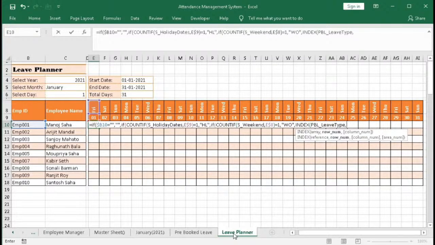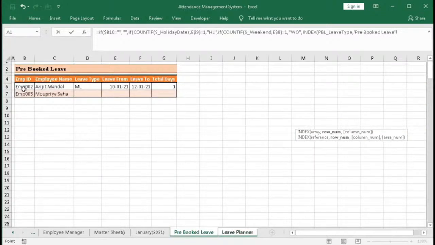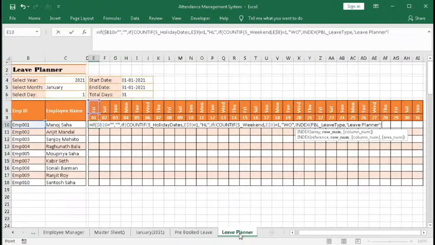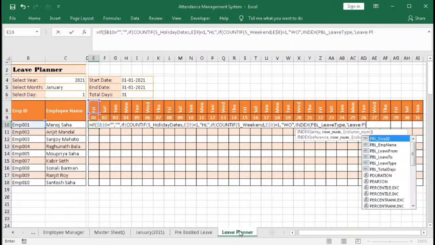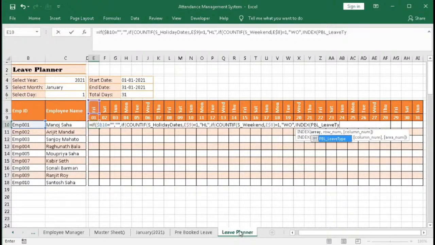The row number will be fetched through an array formula, because we have to match 3 things. First the employee ID here, then we have to match the date, this date and this date. 3 things we have to match. So for that we have to use the array formula. So delete this one, sorry, leave type, comma, so row number start with MATCH,